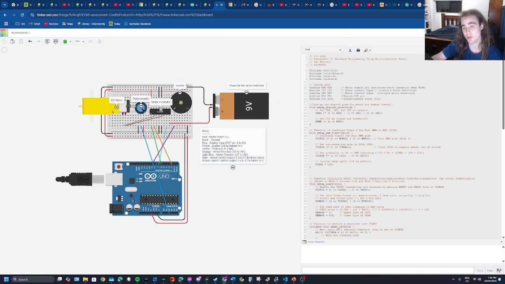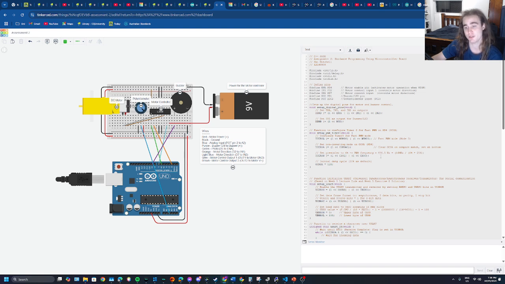Then going to our code, I defined the pins here, and then set up the pins. Then there's a function to configure the timer for fast PWM on PD6. So first we set it to fast, set it to non-inverting, set a prescaler to 64, giving us a PWM